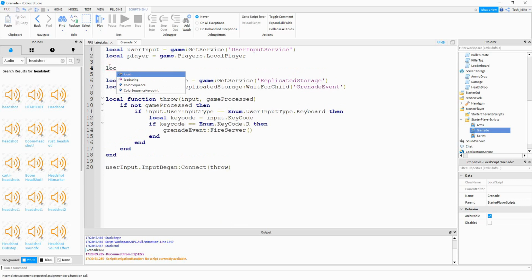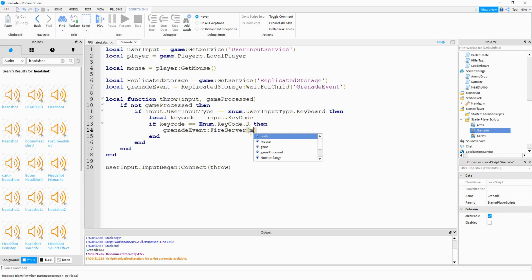So for this one, we'll say local mouse, and we'll set this equal to player:GetMouse. Then down here in the parentheses, we'll say mouse.Hit.p. So what this is going to do, it's going to take the current position of the mouse, and it'll send